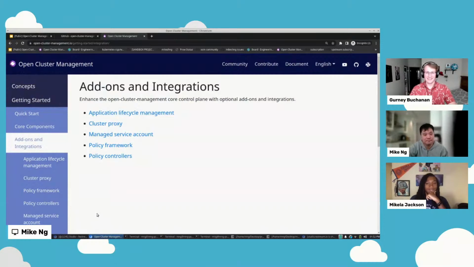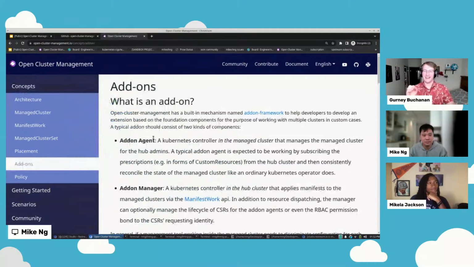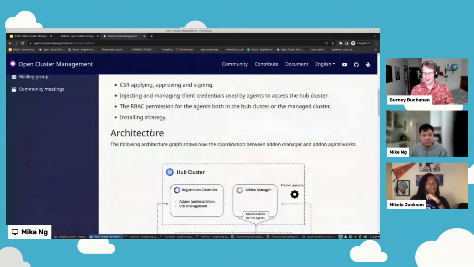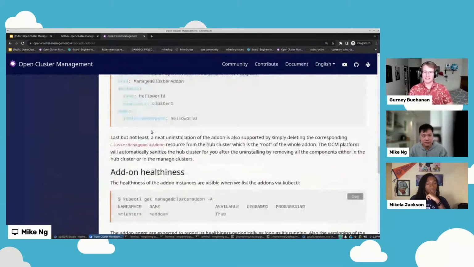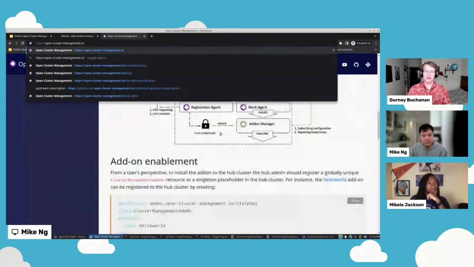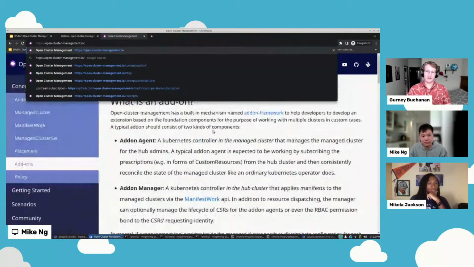Yeah, that's awesome, Mike. So I'm looking at this. This is amazing. I see that there are add-ons for policy. I really like this manifest work thing. I see there's a proxy and a managed service account that look really interesting. Where would someone get started on figuring out if they should build their own add-on? Say they wanted to build another add-on, they want to leverage this, they have some specific use case and they want to extend what's out there. Where does someone get started?